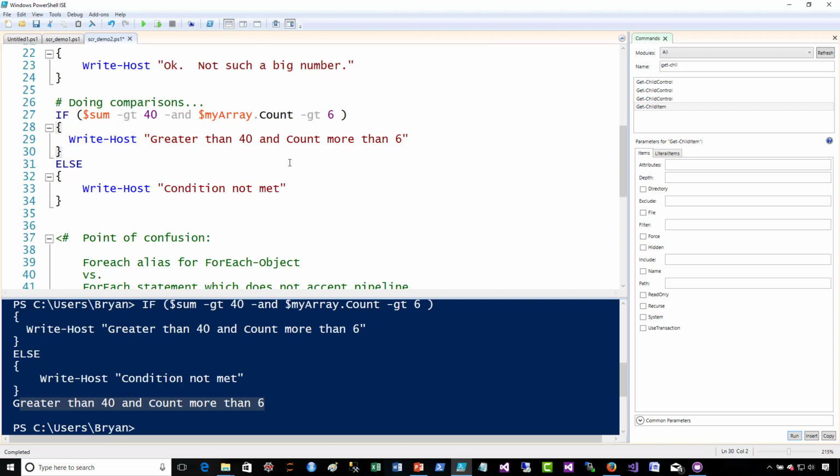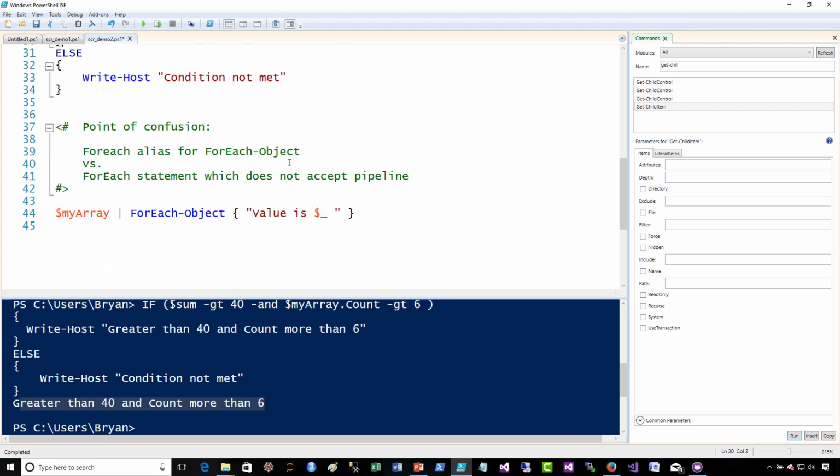It works fine and everything. It's just an unusual coding convention to me. Now, I also want to point out something else, which is a couple of things together, which is piping, and